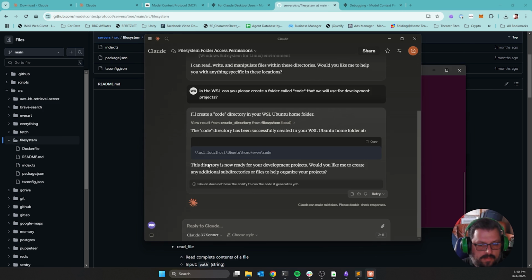Alright, now things are going to get pretty cool. If you've used Cursor in the past, you know Cursor has agent mode and it can go ahead and start doing some things for you. So guess what? This can do the exact same thing without you having to worry about a coding interface. So now, inside the